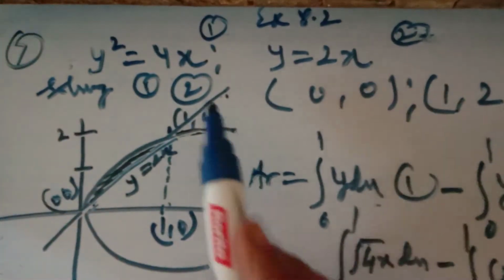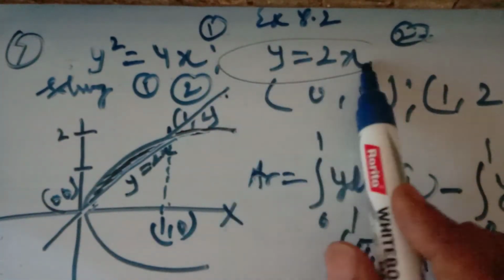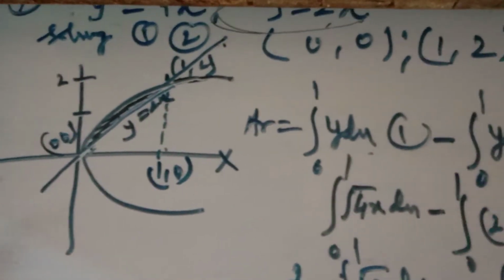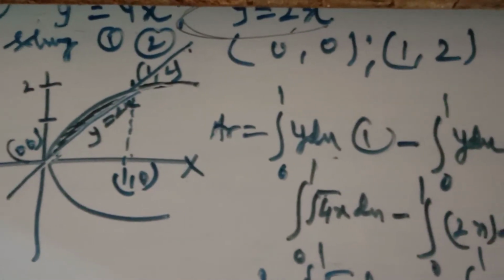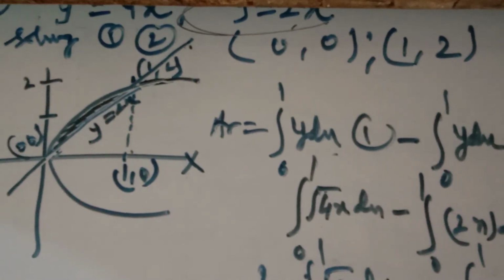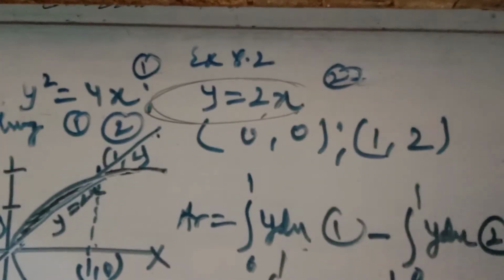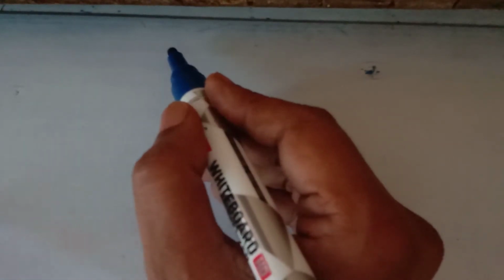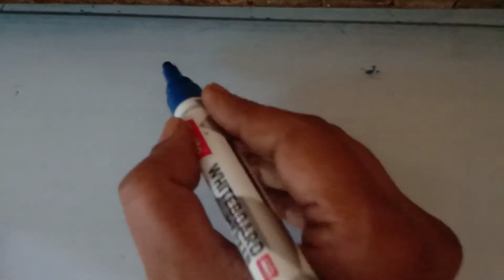So this is an easy question which can be easily done. This is a parabola, this is a straight line which is passing through the origin. Find the point of intersection, sketch the curve, shade the area bounded by these two curves, find up to which limit you have to integrate, and from which curve you have to subtract which. Okay, this is the completion of your exercise 8.2, which contains the area bounded by the two curves. So this is the method we have to use to find the area bounded by the two curves.